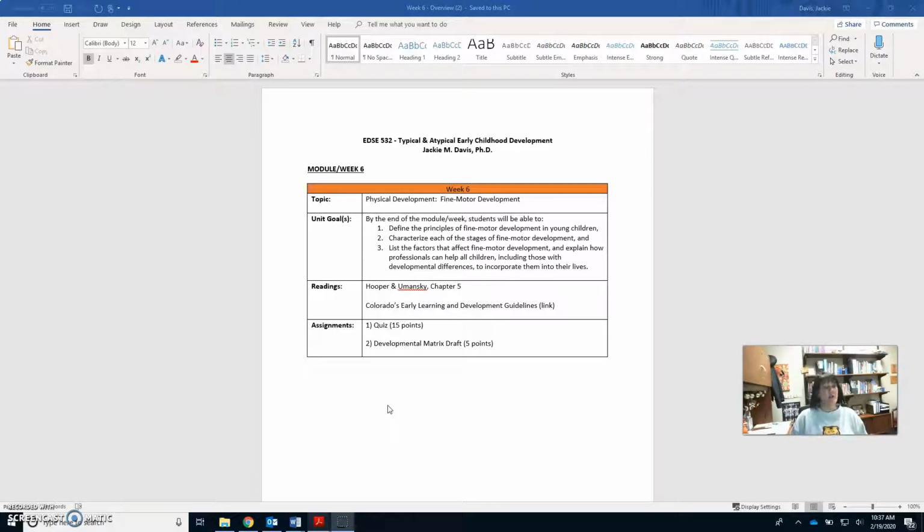skills such as rolling over, sitting up, walking, standing, jumping. We're going to move to those fine motor skills of being able to manipulate, reach, grasp, and release things with our hands and fingers. And we're going to talk about fine motor development and then also things that might impact fine motor development. As you can see in the overview, there's just one reading and then back to the Colorado